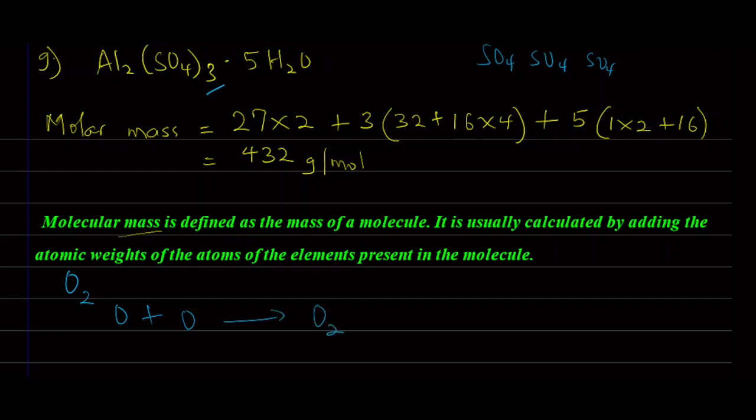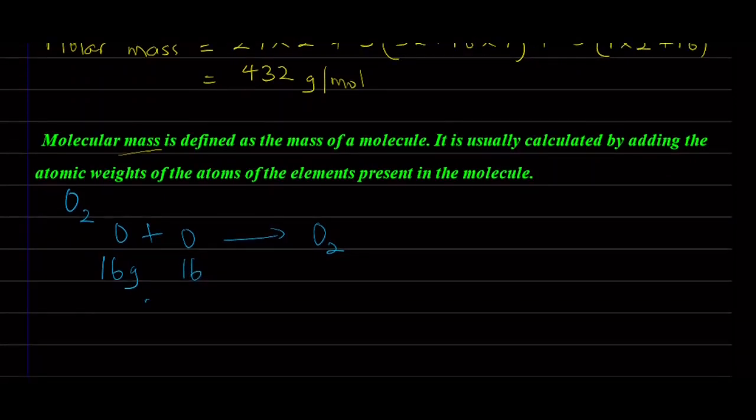So as a result of that, one oxygen atom has an atomic weight of 16 gram. The other oxygen atom also has 16. So if we add these two together, we are going to have 32 gram as the molecular mass of O2. So molecular mass is related to molecules, either